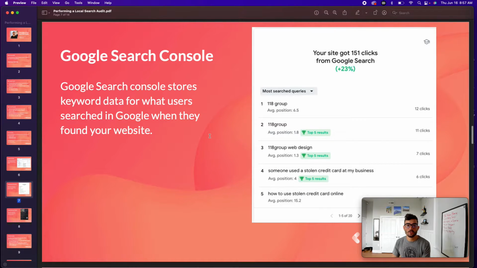Google Search Console stores keyword data for what users searched into Google when they found your website. So for us, the most search queries that got clicks and pushed people to our website are things like 118 Group and 118 Group web design. We have this blog post that seems to perform very well. Someone used a stolen credit card of my business, but it gives you all sorts of data in terms of what people are currently searching and landing on your site,